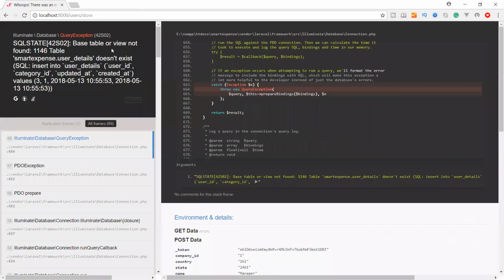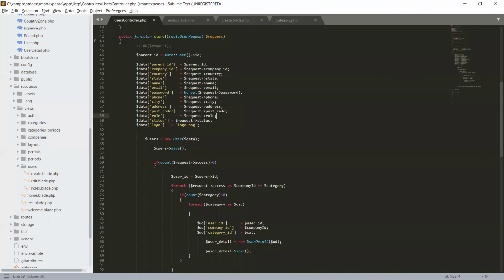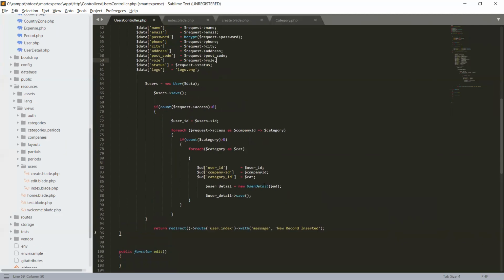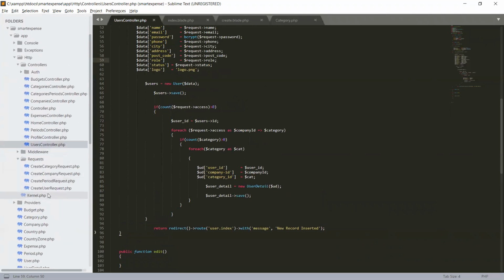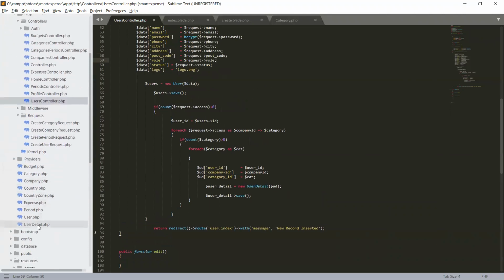Again, base table or view not found. Which one? Smart expense user detail does not exist. Where is the user detail? We need to check the model. User detail.